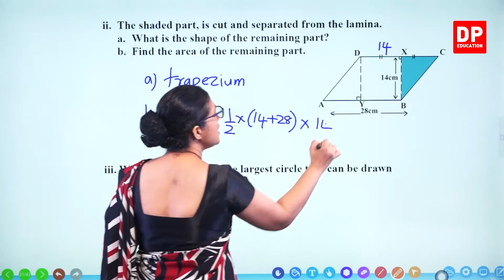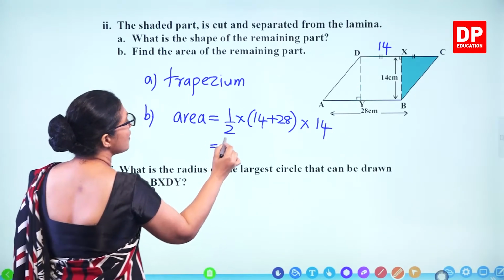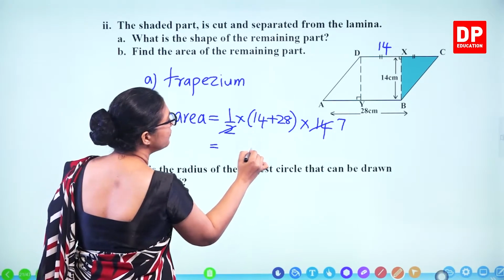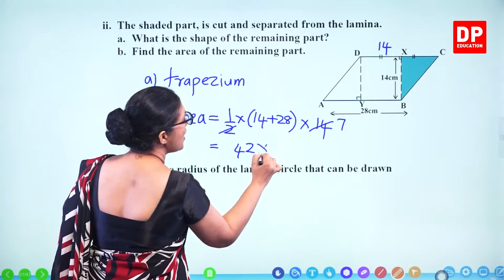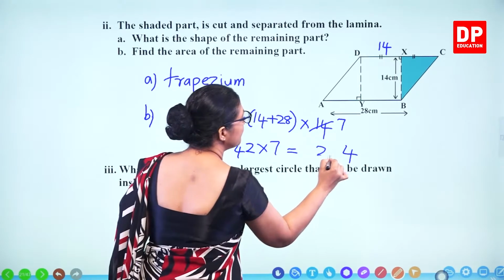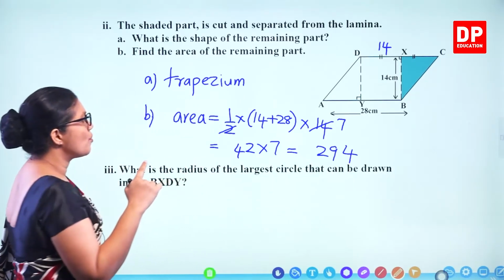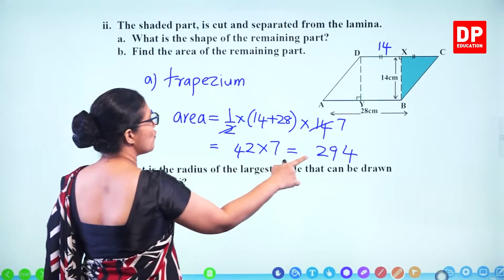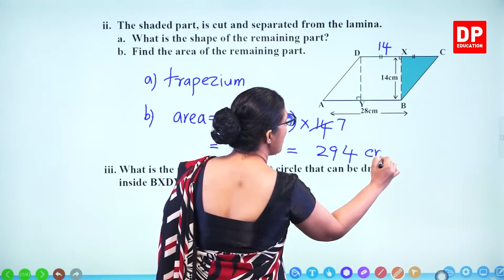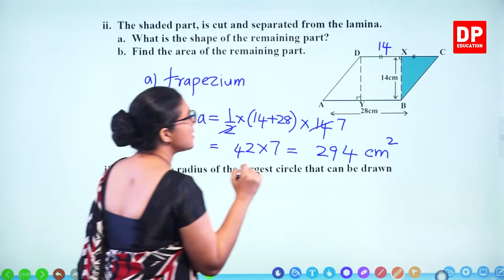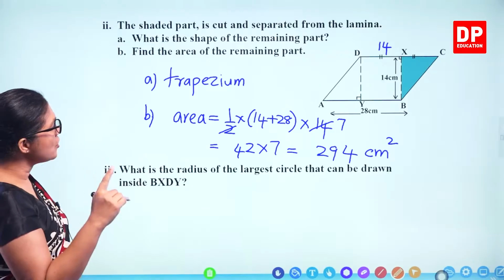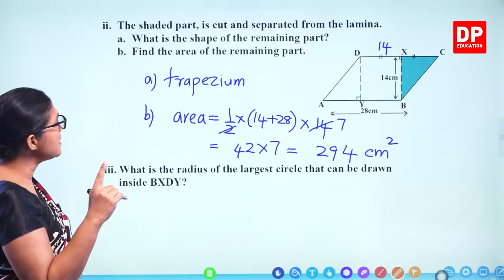Perpendicular height is 14. 2 times 7, addition of these two, 42 times 7. So, you get 294. 7 times 2, 14. 7 times 4, 28 plus 1, 29. 294 square centimeters. What is the radius of the largest circle that can be drawn inside